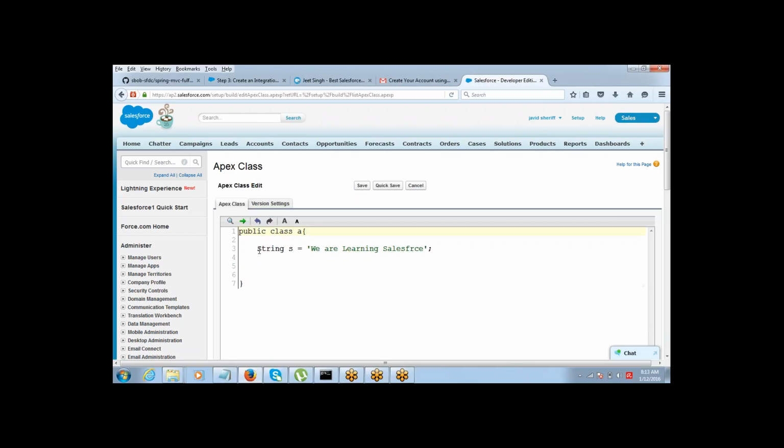And then why do we use public? Any class which needs to be referenced outside needs to be defined as a public class. There will be private classes and there will be public classes. Any class which needs to be referenced outside needs to be defined as a public class. Now, since I'm going to call this class on a Visualforce page, I have to define it as a